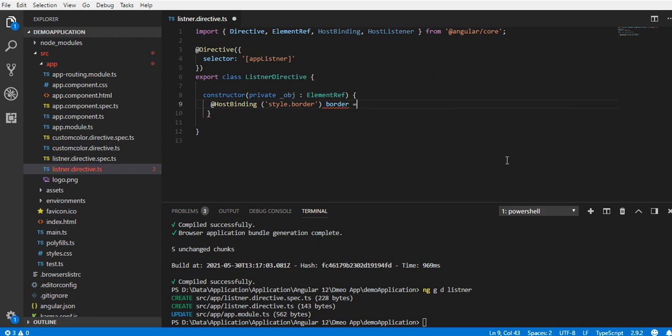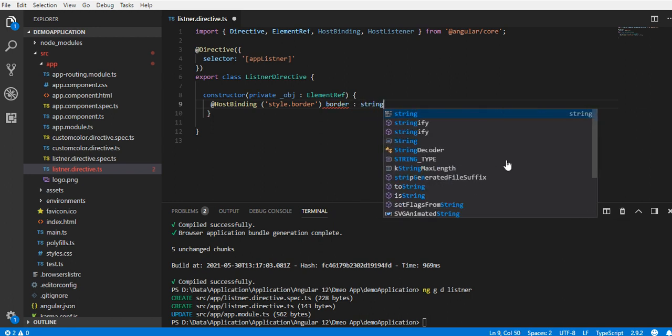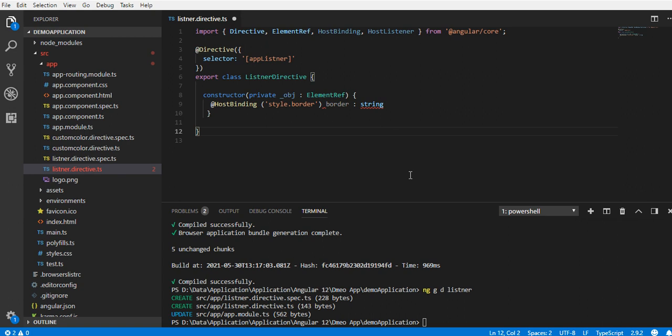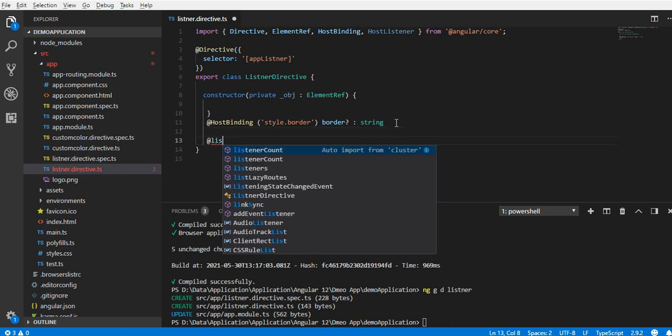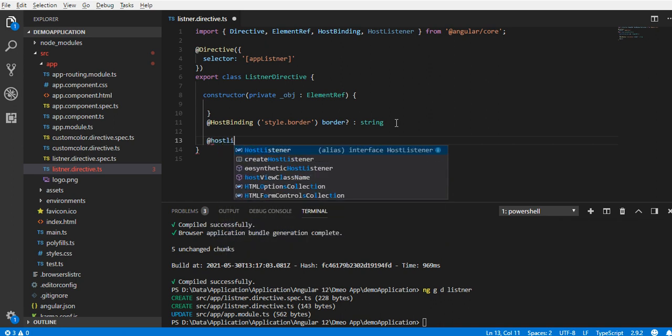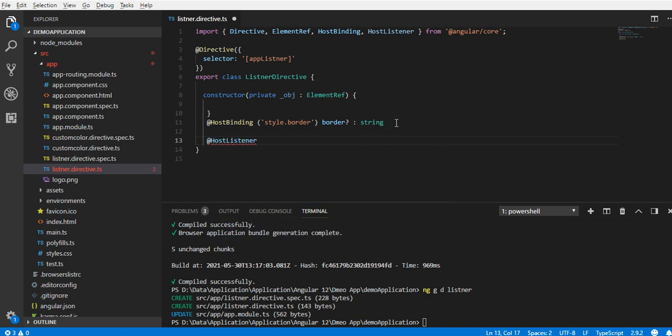Keep in mind the code will not be written inside the constructor, it will be outside of the constructor. It says it's not initialized, so just assign null, and then we'll bind a click event. So for the click event we will be using @HostListener, and then the click event,